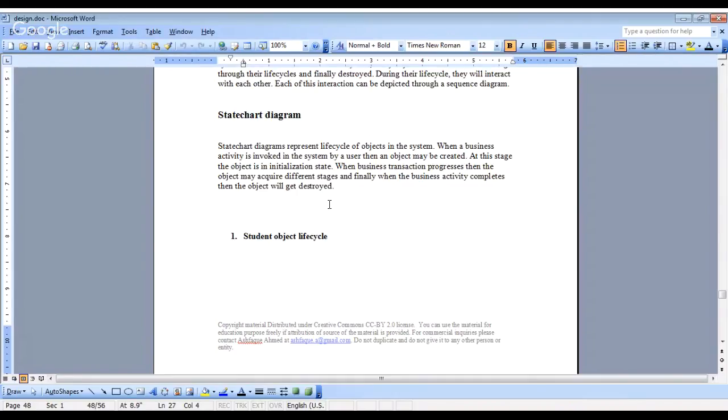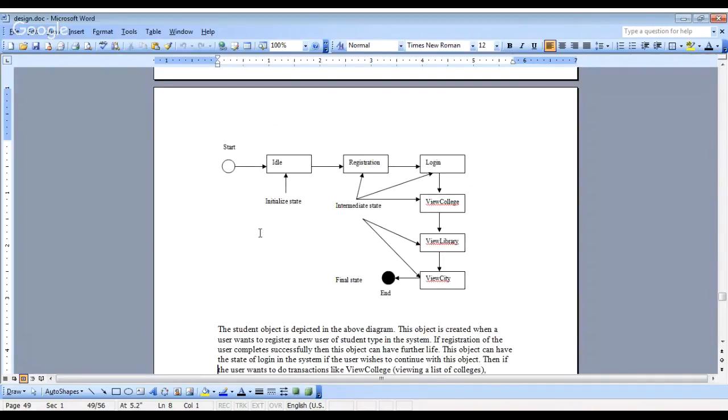Like for example, the student object, how the student object gets initialized, then it will go through different state changes, and finally, when it is no longer required, it will be destroyed. So here is the life cycle for any student object in the system. So when a student object is called, it should be idle in the initial state, and then there will be